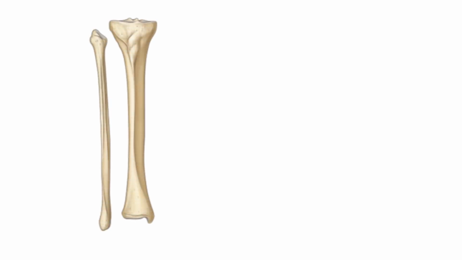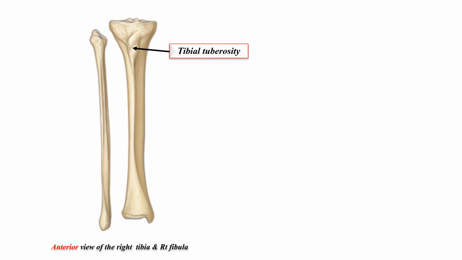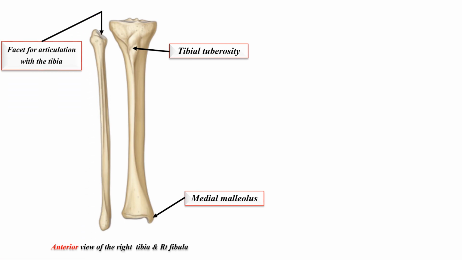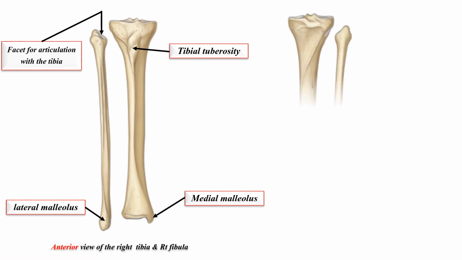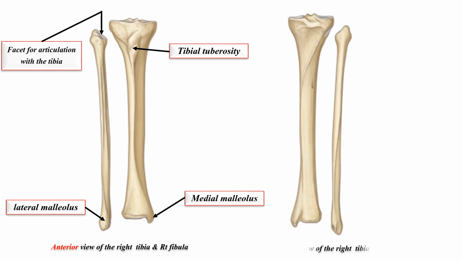This is the anterior view of the right tibia and the right fibula. In the upper part of the right tibia, this is the tibial tuberosity. Distally, this is the medial malleolus. In the head of the fibula, there is an articular facet for articulation with the tibia, and distally, this is the lateral malleolus. On the right side of the slide, this is the posterior view of the right tibia and the